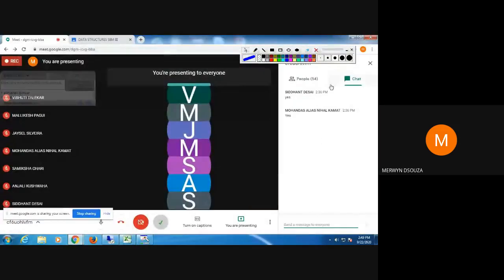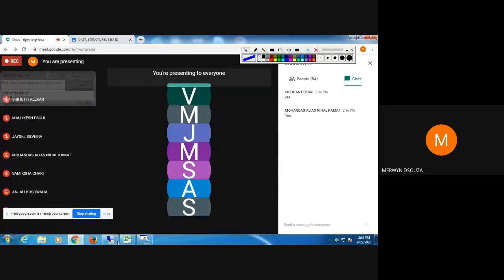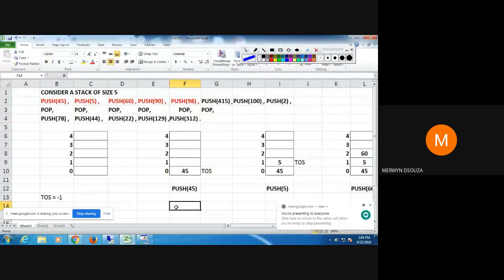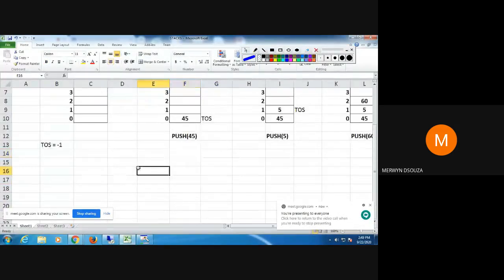Just come to the chat. Is anyone having any doubts till now how we have done the insertion? Basically, push involves two steps. Increment the top of the stack. Next is insert the value wherever your top of the stack is present.